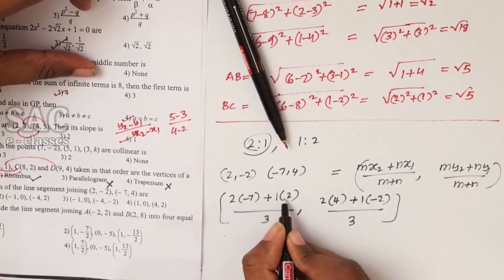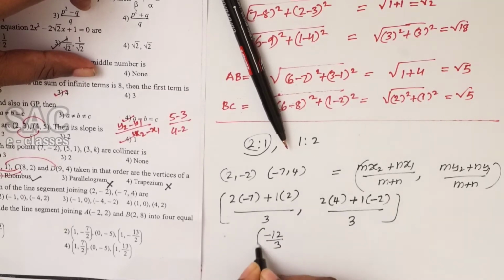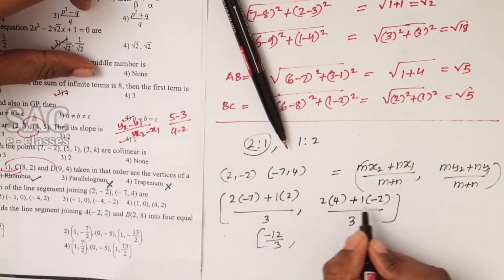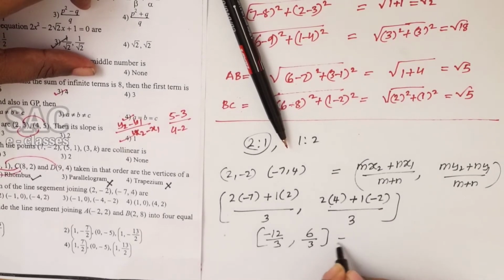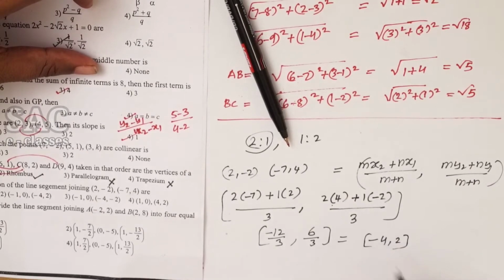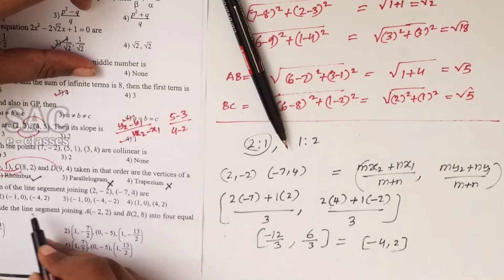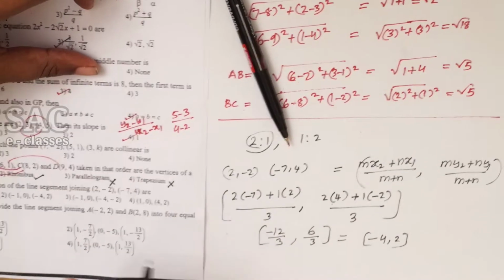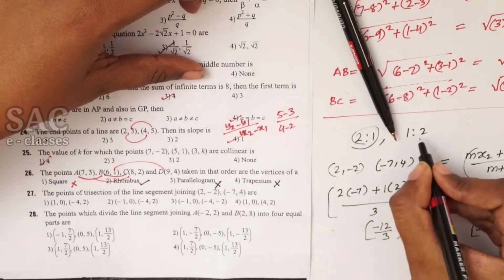That is (-14 plus 2) by 3, which is -12 by 3, comma (8 minus 2), which is 6 by 3. Then in the options, you have to search for -4 comma 2. -4 comma 2 is only in 2 options, either the first option or the second option. For that, go for the